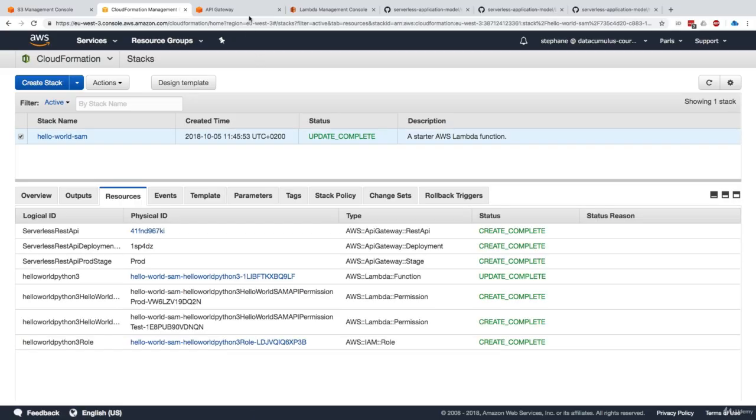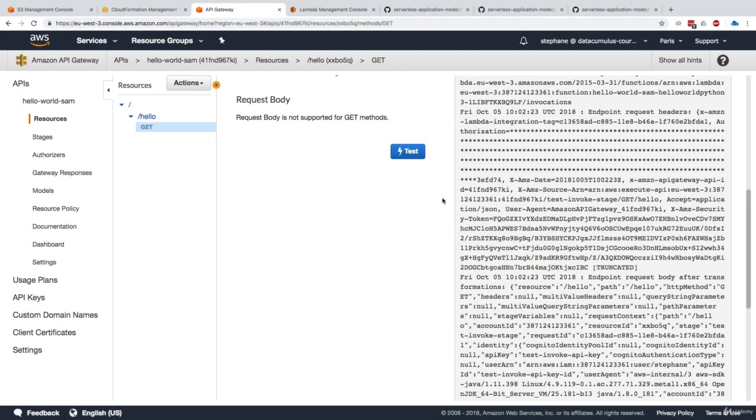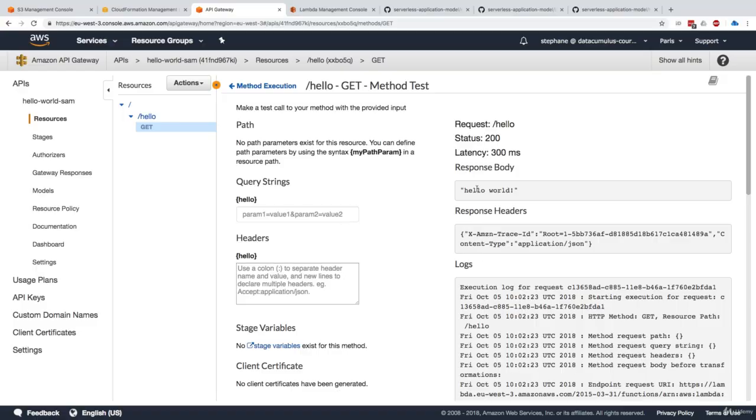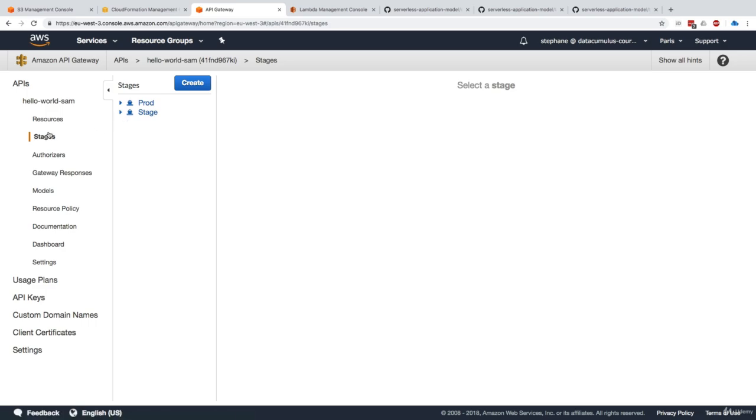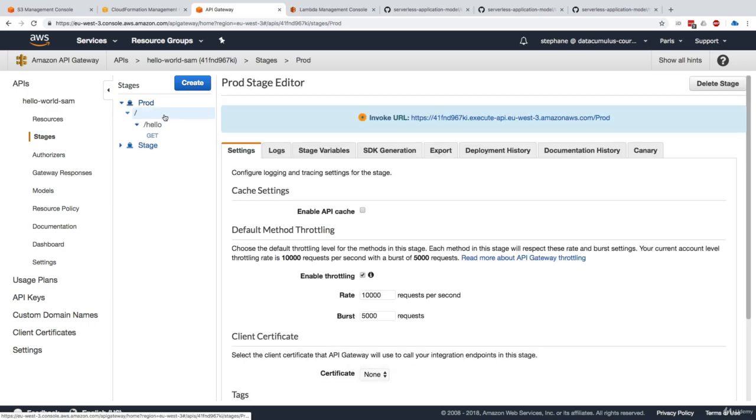So now if I go back to my API gateway and retest our function, now we get a good response called hello world. So now I fixed my problem and we have an API gateway. We could even see that the stage was deployed. So we have a prod stage and now we have an invoke URL. And so if I go to /prod/hello, then we get hello world and everything is working just fine. So that's it. We've just added an API gateway stage to our SAM file in no time. Let's see how we can add DynamoDB now.